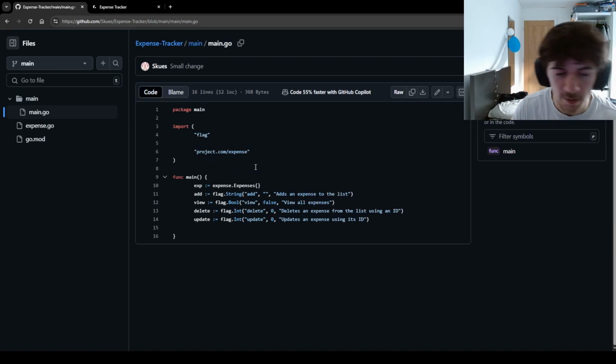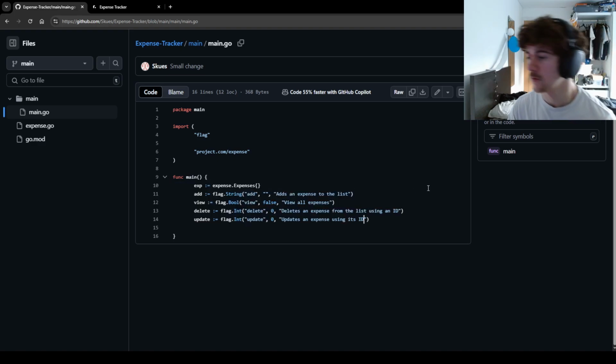I also have a main, which I haven't done much on yet, but currently I'm just adding the flags for the command line. So that's really it. Just a small update. Getting the hang of things, you know. I could easily pump this up, but